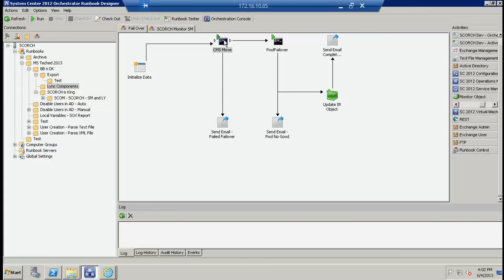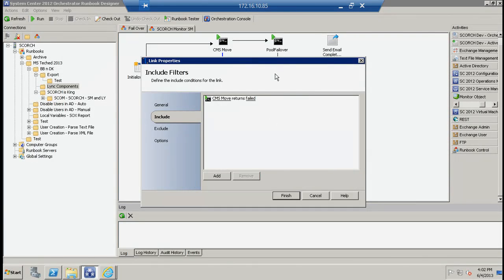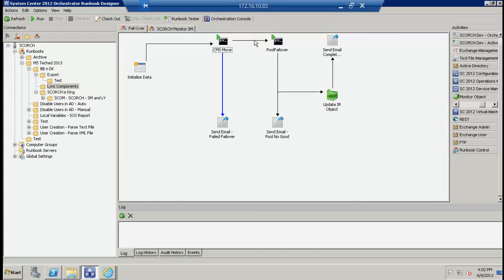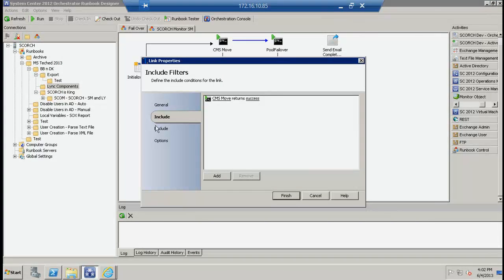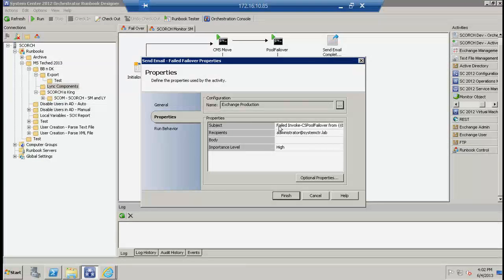So once we've executed our CMS move, which is very simple, we're just invoking the database move, we have a little bit of logic behind here. For instance, this data bus here says that if the action fails, take this path, where if the action is successful, take this path. But don't do it if it's the other path. So include and exclude are very important. This is where you can start thinking a little programming-wise. Obviously, if the CMS move fails, I want an email based on it. Again, very straightforward. Subject, failed